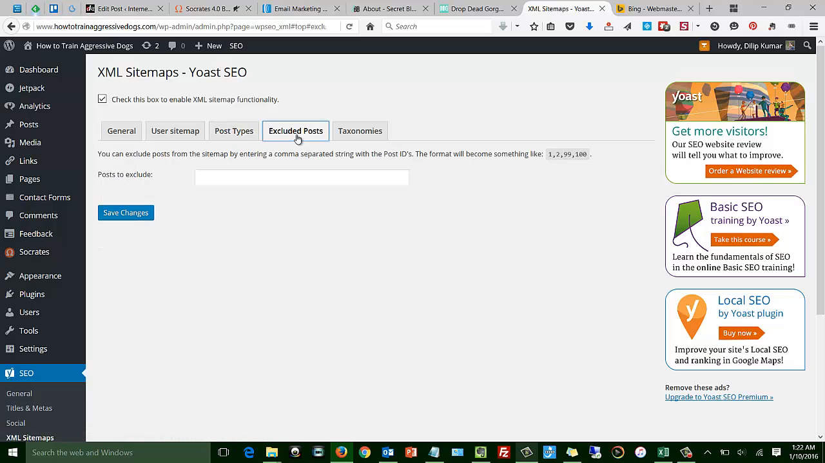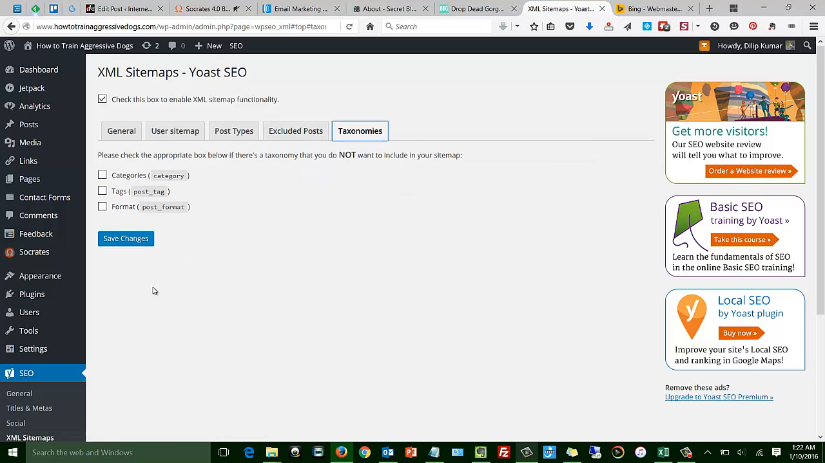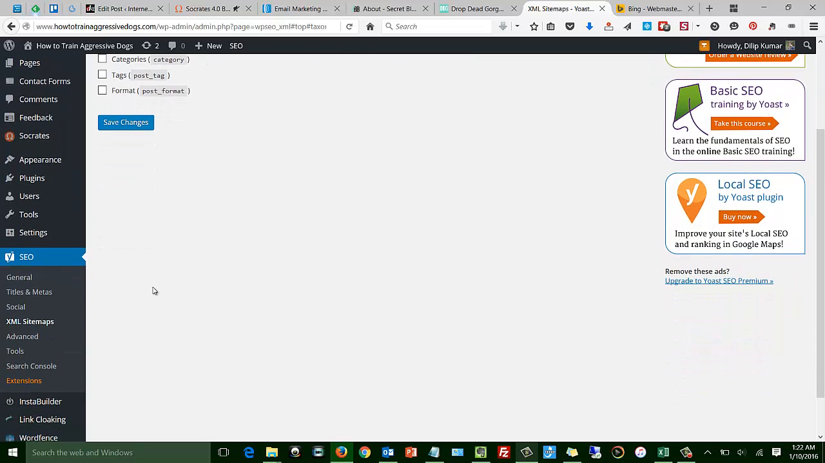You can go to this excluded post. There is nothing much that you need to do here. And under the taxonomies tab, again, there is nothing much that you need to do here. So that's it on configuring the XML sitemaps. You can then move into the advanced option here,